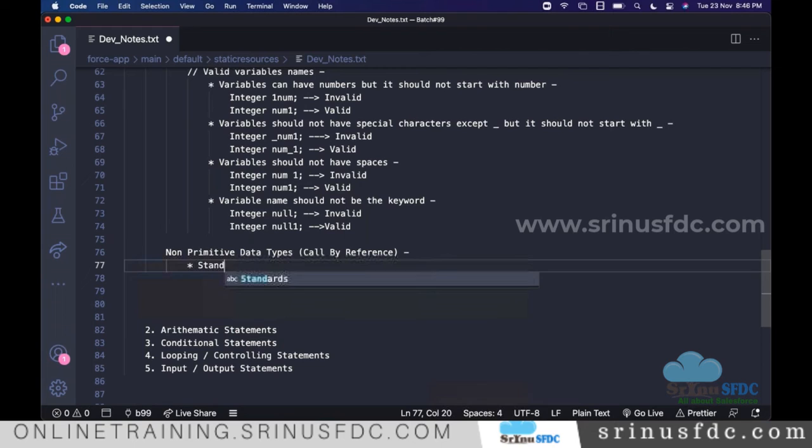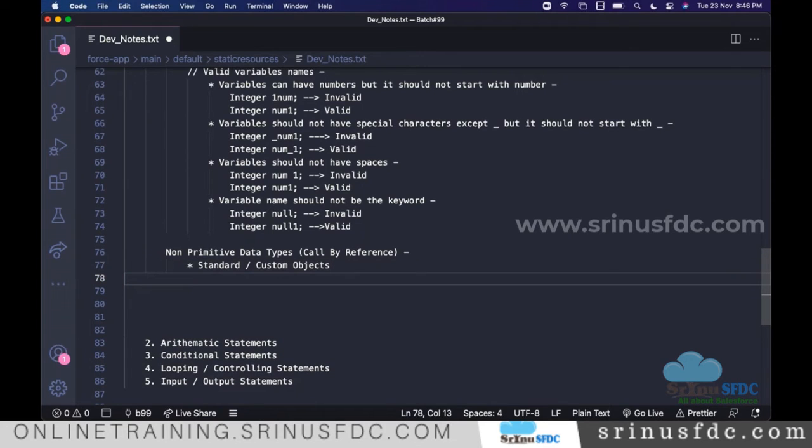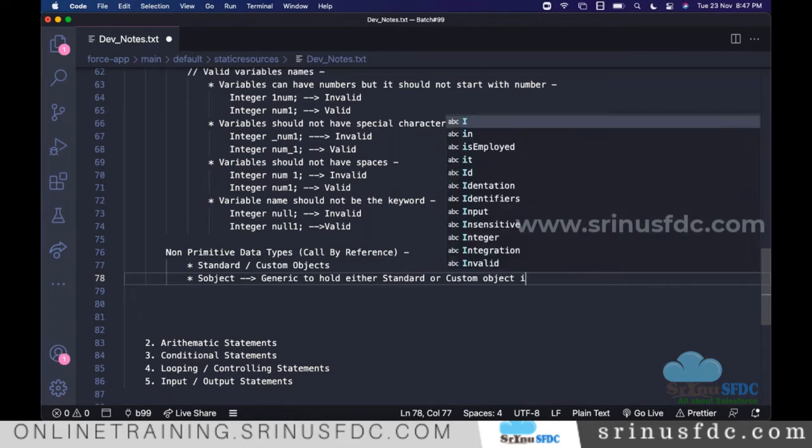We also have SObject, that is also non-primitive, but this is generic to hold either standard or custom object information.